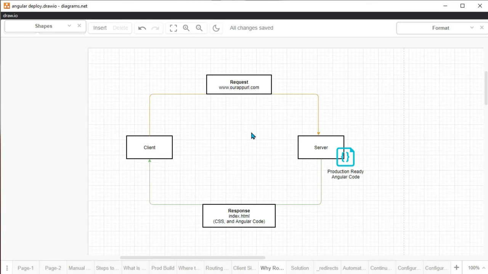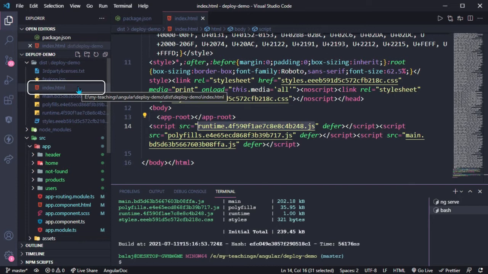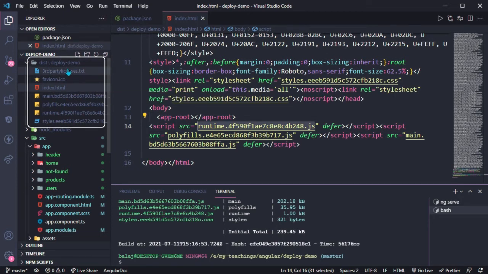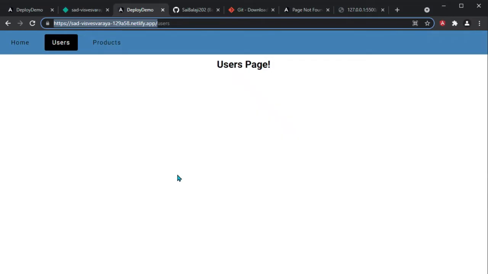So here in this case, we are sending a request to the root URL without any path. In this particular case, the server will return the index.html of the root folder of our application. In our case, this file will be returned because this is the folder that we uploaded into Netlify. So index.html of this particular folder will be returned as the response. We will confirm it by checking the page source of our web app.